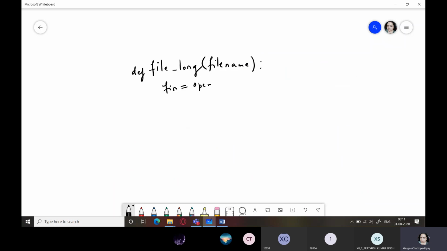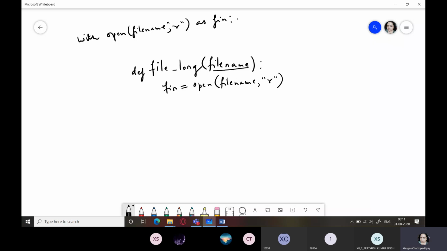And usually we do it this way with open and file name. Now you don't need to specify anything within double quotes because this file name will be accepted from some other function or from the main area. So you can simply type here file name, comma, which mode? Read mode. Okay, this is one way. And the second way you can also use, as Anshika has sent, with open file name, comma, r as fin.